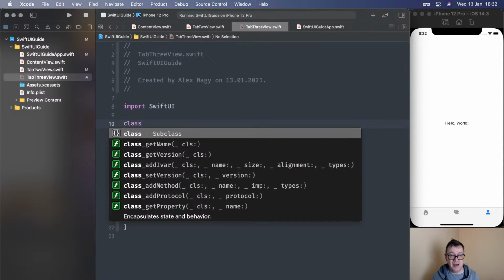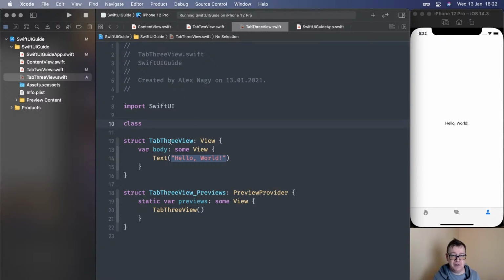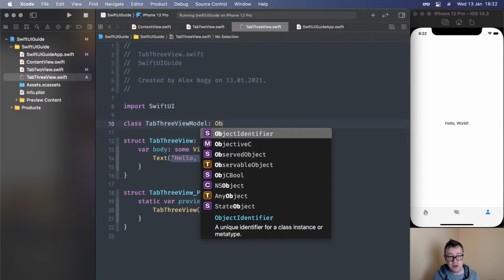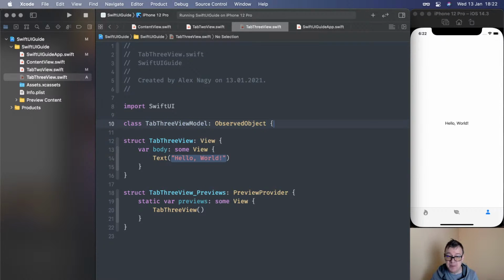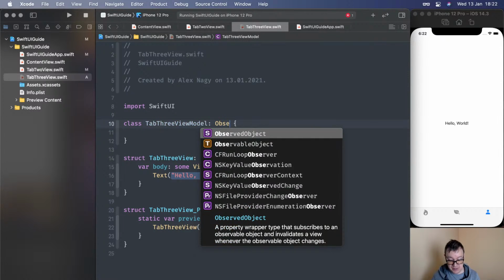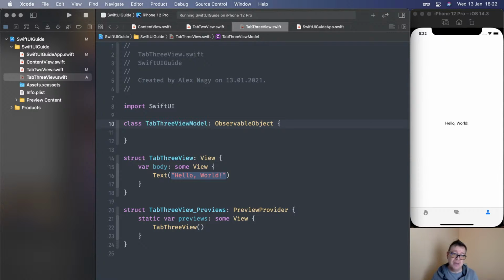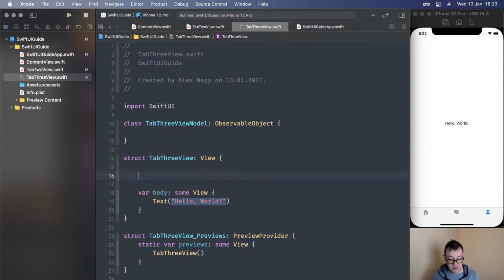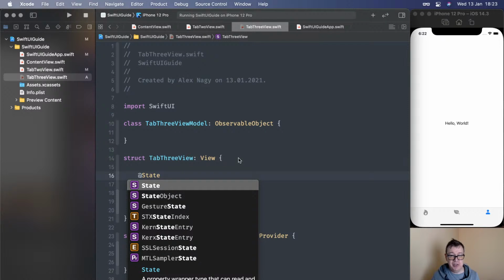So that will be a class, and let me just copy this out and paste it in here, view model. Okay, and this view model will be actually an observable object, so we can observe it. Okay, so now that we have this observable object, we can just simply create a state object,